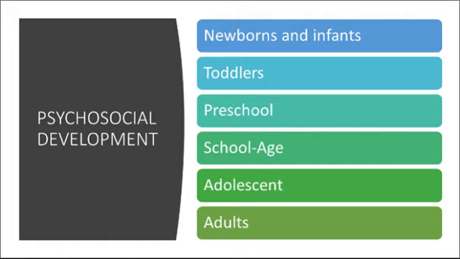Toddlers, asserting independence. Anybody who has kids, been around kids, the terrible twos, trying threes, frustrating fours, then you finally get to the fabulous fives when they're out of the toddlers. Developing skills, autonomy. The parent's role is to foster independence and avoid criticizing failures. Preschoolers, regular interaction with other children gives them an opportunity for interpersonal skills, sense of initiative, ability to lead, make decisions, develop a conscience and self-control.